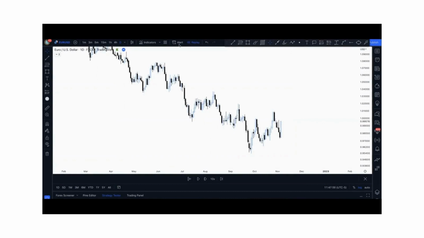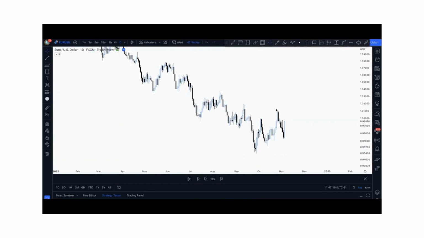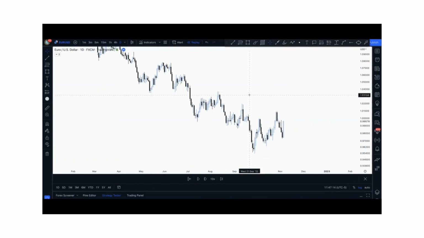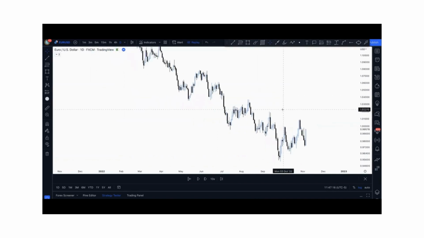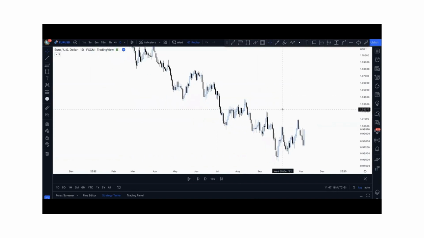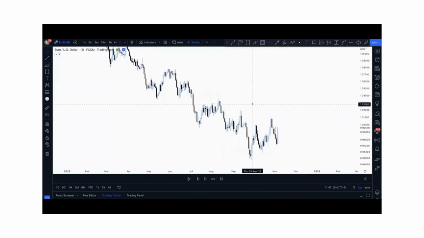Today we're discussing how to catch big moves in the Forex market. I'm using EURUSD for a sample chart. To catch a big move, we need to consider a few things and what we are looking for. First, we need to know